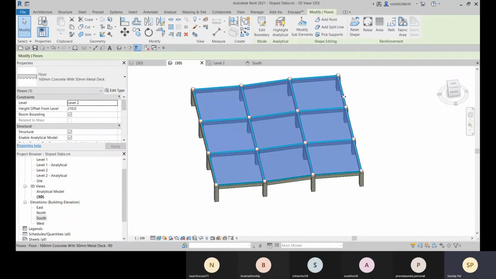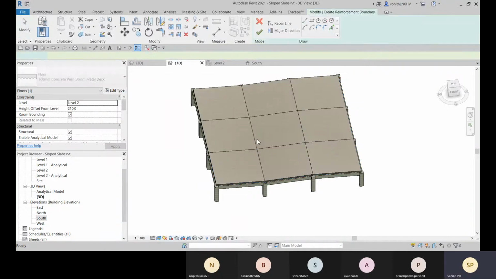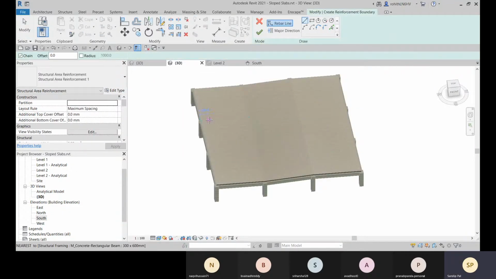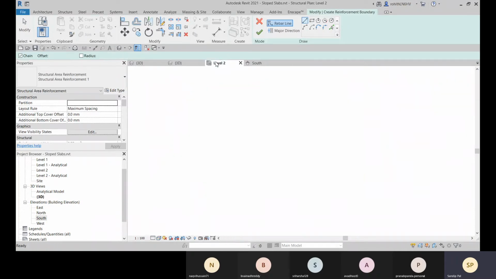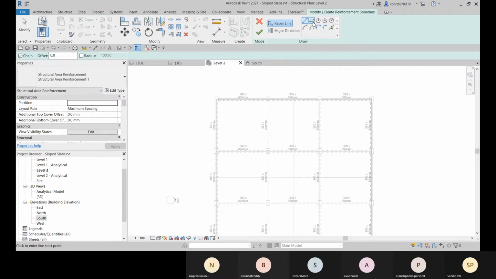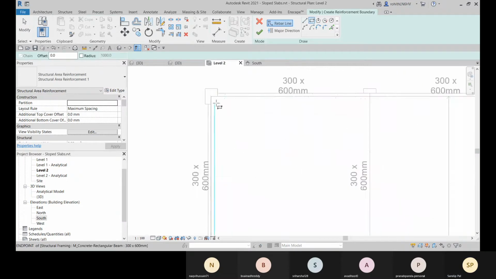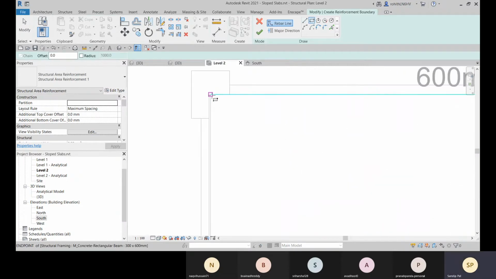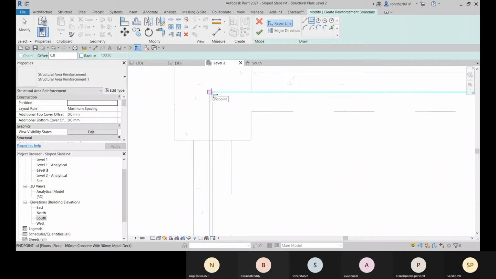After that, you go with this area reinforcement and click on OK. Then you have to define the rebar line. For that, you can go to this level 2.